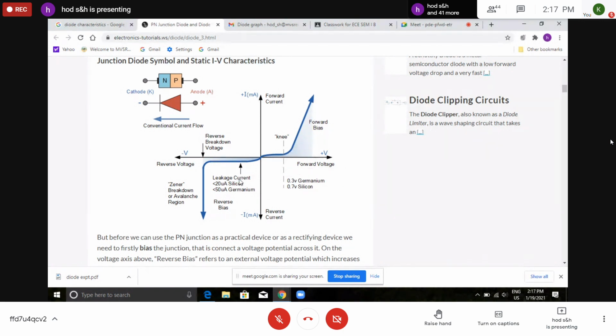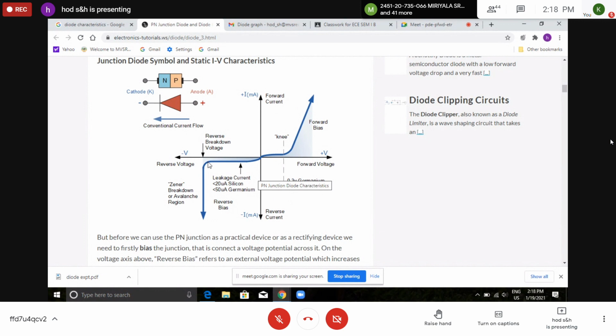Similarly, in the third quadrant, along the negative x-axis you take voltage, and along the y-axis you take the current, and the scales will be different from forward bias. In the reverse bias also you can change the scale. Here the voltage should be applied as 5, 10, 15 like that. You change the voltage, and up to this region before breakdown voltage, it is almost 0.1 milliamps only. So you will be getting only 0.1 milliamps.